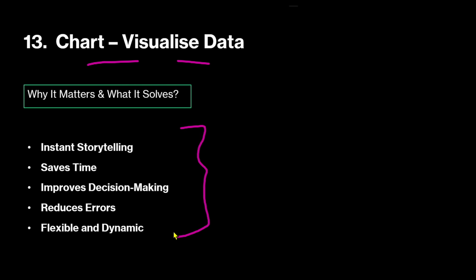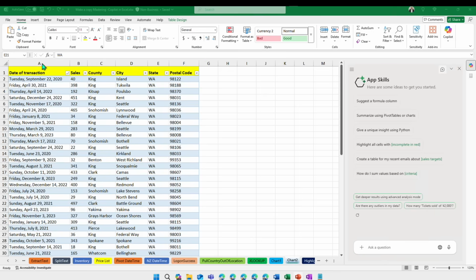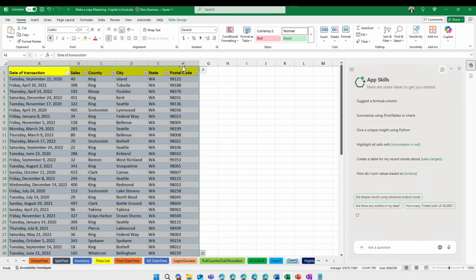The next feature is learning how to use Copilot to create a chart to visualize the data. This feature helps you turn raw numbers into visuals that are easier to interpret and present. So you don't need to manually build a chart or tweak settings. Copilot does it for you in seconds. So let's go and try a couple of prompts. We're going to use this particular data set. Here I have some date of transaction, some sales information from which country, which state, and some postal code,